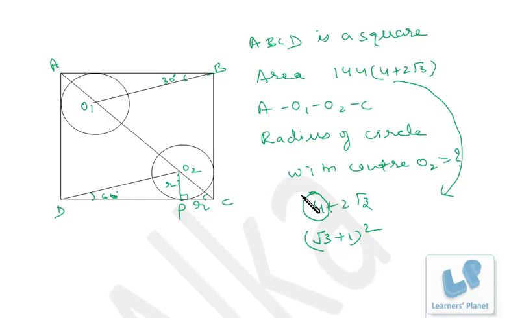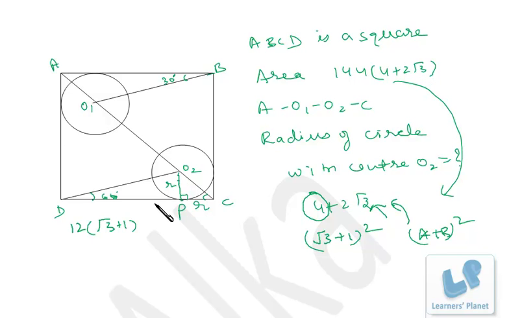So this is actually sum and this is actually product. So root 3 and 1. So the square root of 4 plus 2 root 3 will be root 3 plus 1, because this is actually root 3 plus 1 whole square. So that's a plus b whole square format. So square root will be a plus b, right? And 144 square root will be 12. So this side is actually 12 times root 3 plus 1, right? Quite simple. And that should be clear in your mind. Whenever a plus b whole square format, how do you get the square root, right? If this sort of irrational numbers are given.